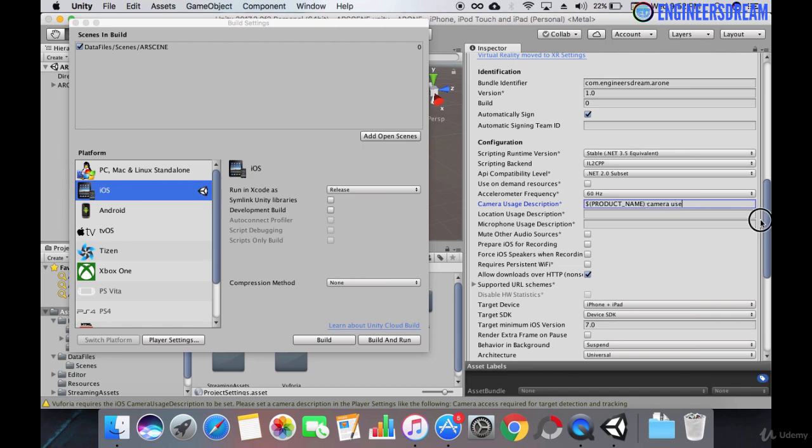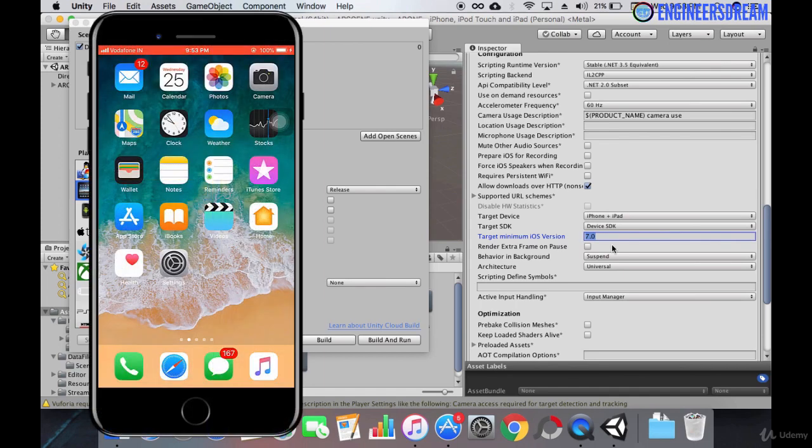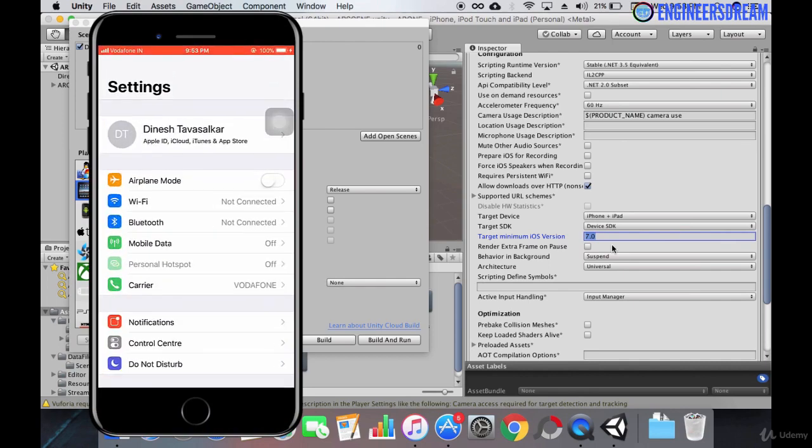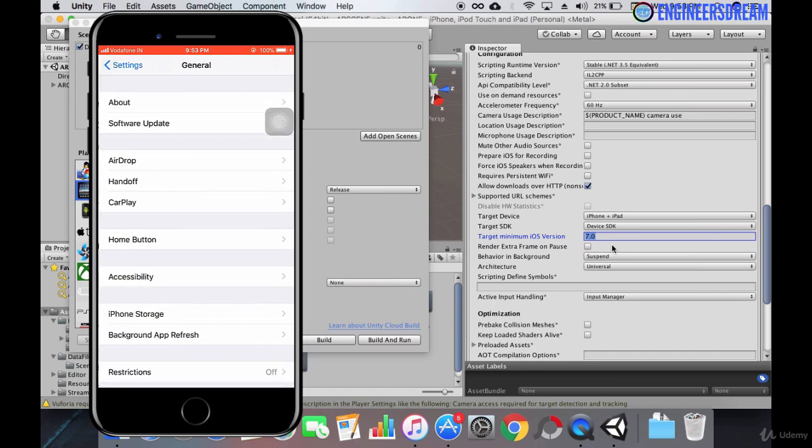After this, if I scroll down, as you can see, we have this option of target minimum iOS version. Now, the target minimum iOS version which you set over here should be lower than the iOS version of your iPhone or your iPad. If you do not know the iOS version of your iPhone or your iPad, then you will first go in settings, then click on the general option, and next click on the about option.